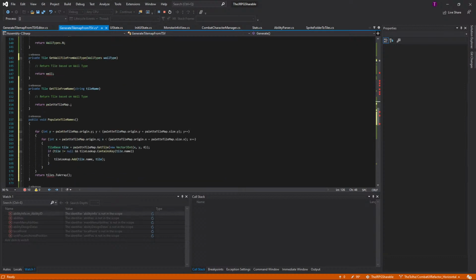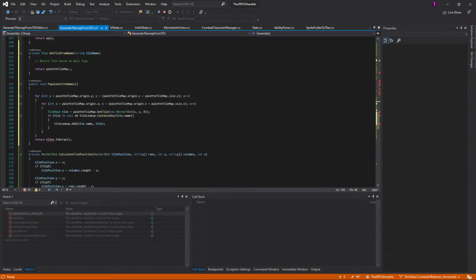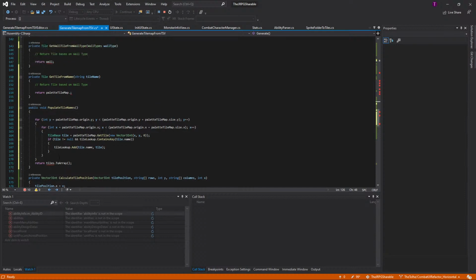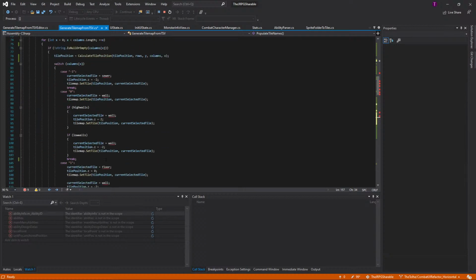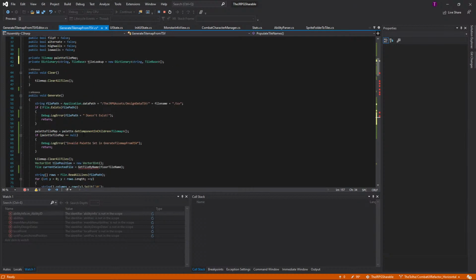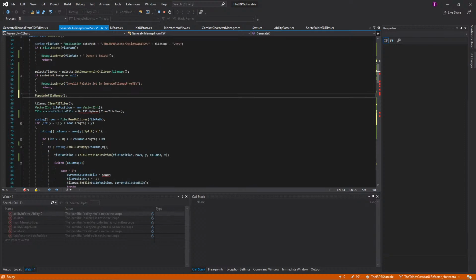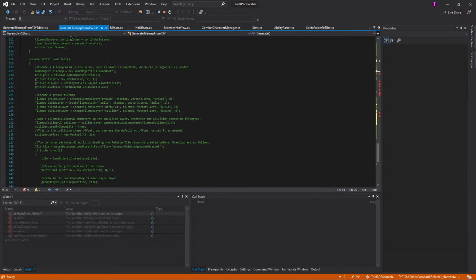Okay. Oh, I didn't see that that was a question, Tempest, is this awful or just awful? This is pretty bad. I'm not super stoked about looping through the entire palette from its origin Y all the way up to its size. It's not great. But it looks like this code should work to get all tiles in a palette. So then we're gonna get the tile map. As long as it's not equal to null, we're gonna populate immediately after it, which will populate our dictionary,